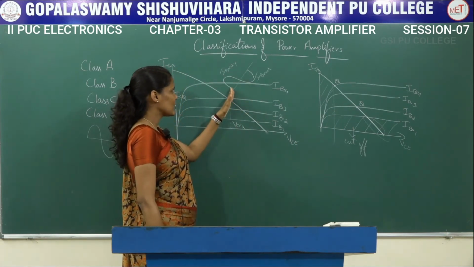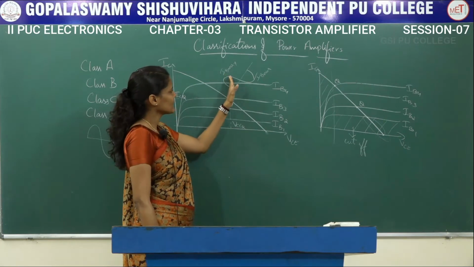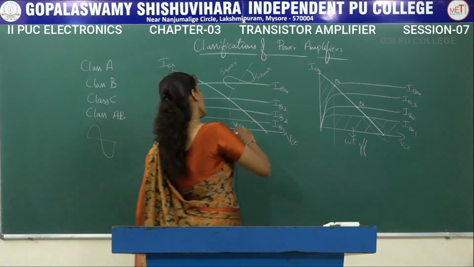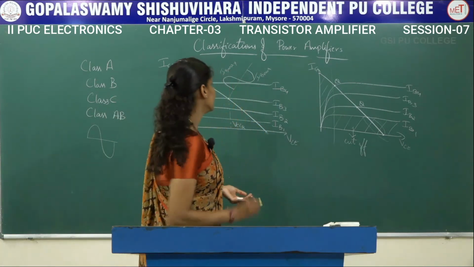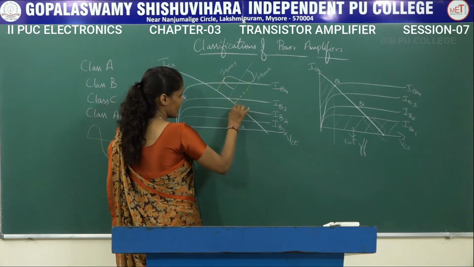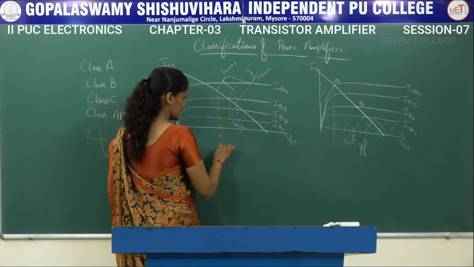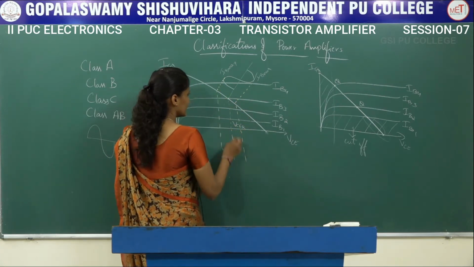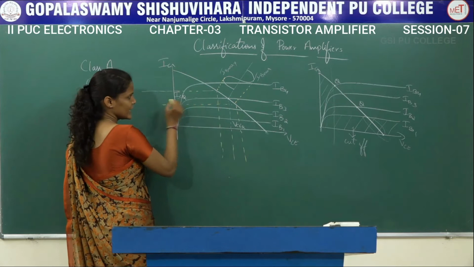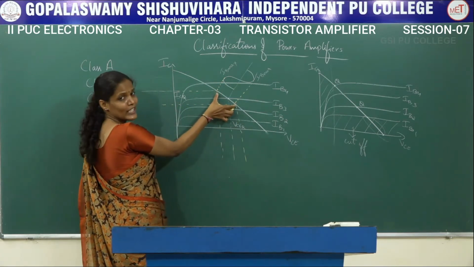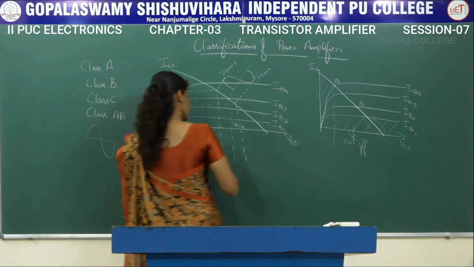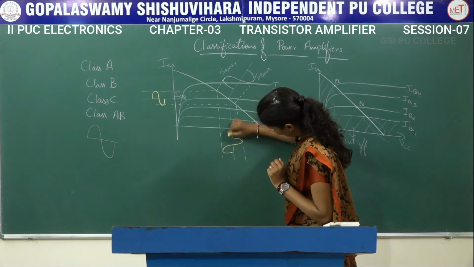So initially from 0 it increases to IB max, then decreases until it reaches IB minimum, and again it starts increasing. So when I want to plot this particular graph, if I extend this like this and project that towards the x-axis and towards the y-axis, these points, the points where the DC load line touches, if I extend those points and draw the curve, we are going to get a curve something like this.